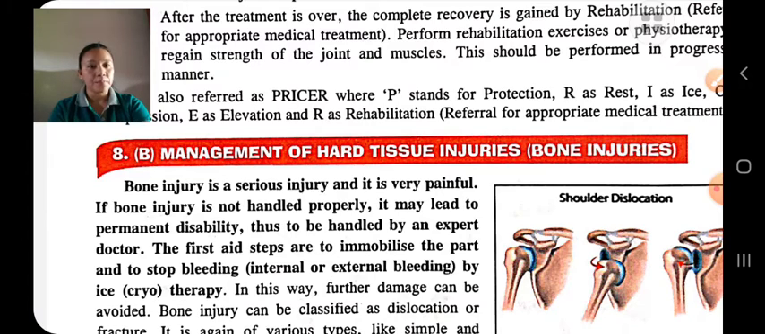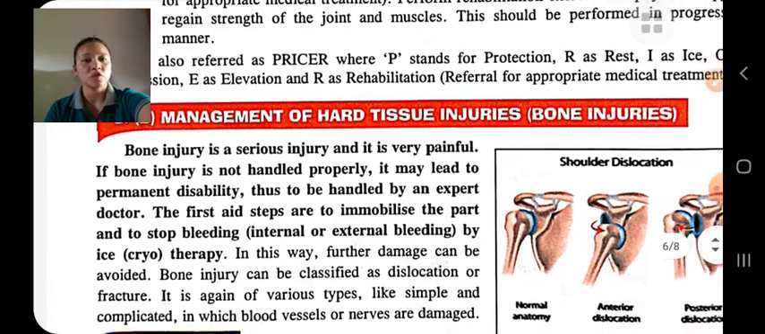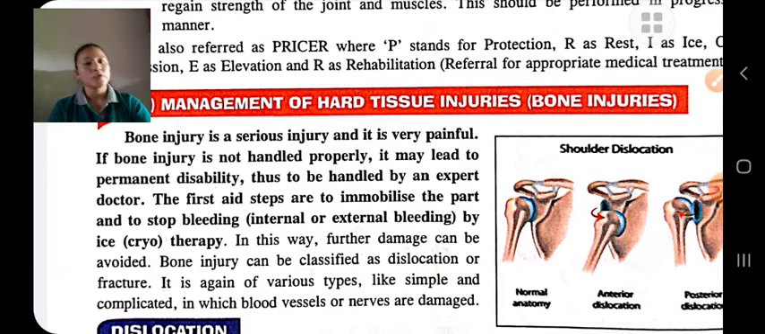The first step for bone injury is to immobilize the affected part, no movement. After that, to stop the internal or external bleeding, use ice therapy. Restrict movement and apply ice to stop internal bleeding. Bone injury is classified into two types,